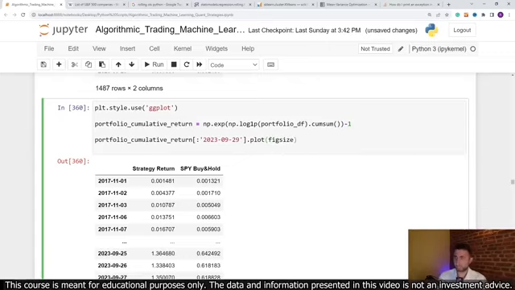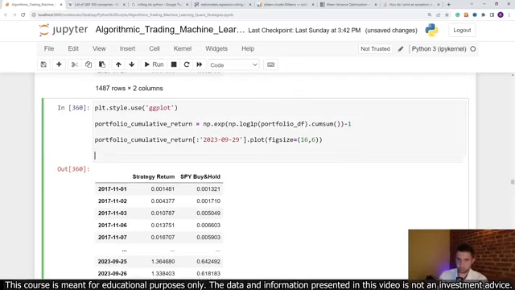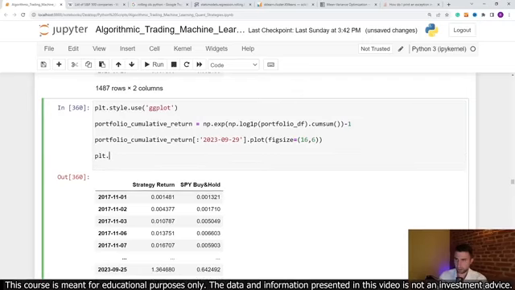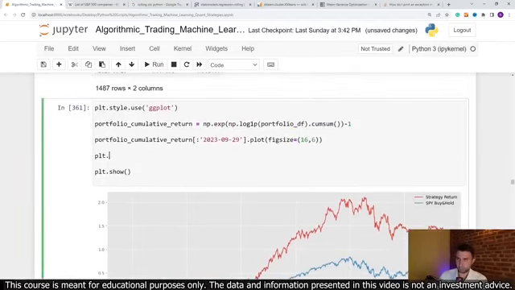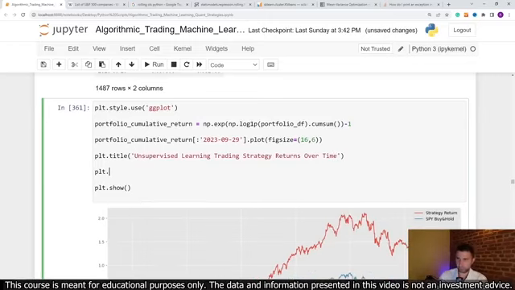We can say fixed size 16 by 6, and that's pretty much our comparison, guys. We can add a title, so plt.title, unsupervised learning trading strategy returns over time. As well, we may want to plt.ylabel return,